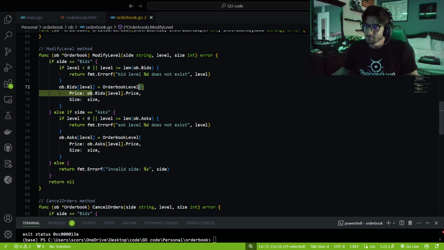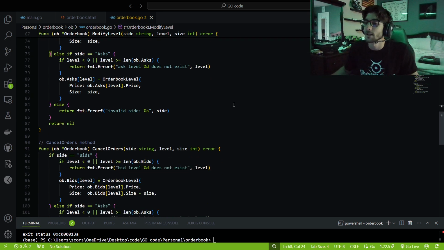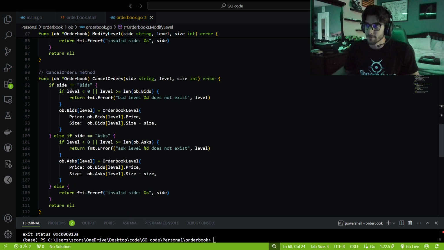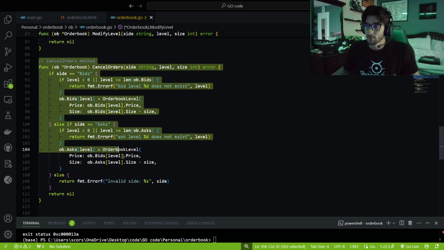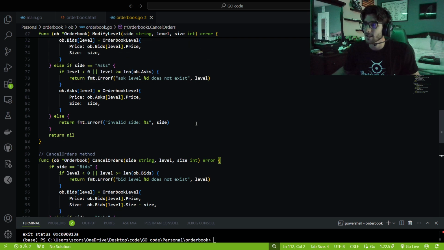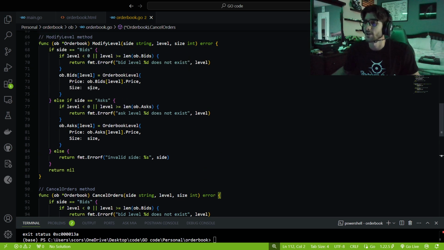And so we're just getting the current price of that level and changing the size of it by what we're giving right here. And this goes by level, so we're going to see what that means in a second. Cancel orders is the same thing. We just always subtract, and actually, okay, no, we just set it as size.